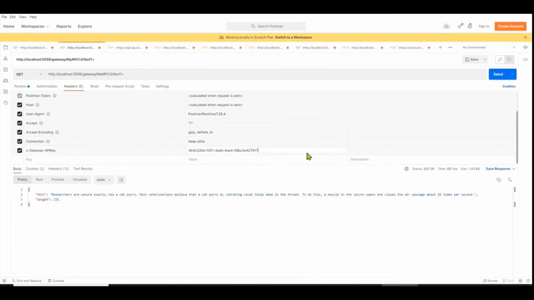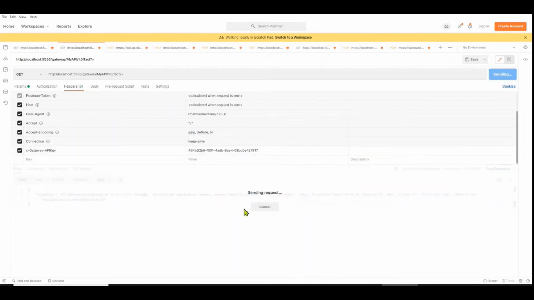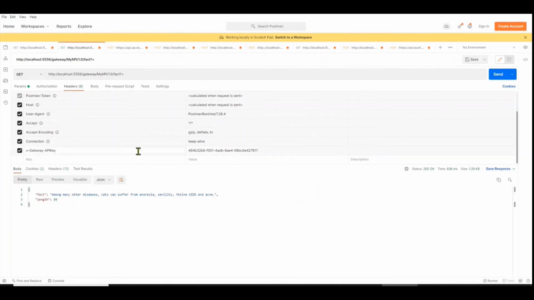So if you now were to invalidate the key and execute it, it says unauthorized. So this is a quick way to secure your API. It's very lightweight and yet secure. Many applications find it very easy to pass the authorization in the header. There are also other means of authenticating the API, which we will go through in the remaining videos. For now, this is a quick way to protect the API.